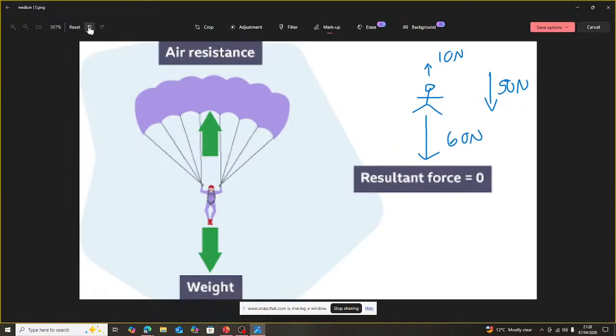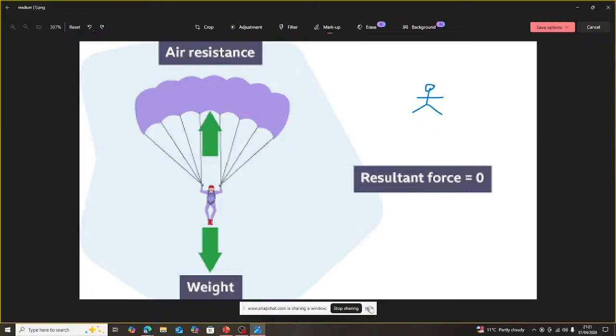Look at this. Okay, so there's 3 newtons of air resistance, and he is 30 newtons of weight. So, how much newtons down is he? 27. He goes down, and he's not at terminal velocity. He accelerates because he's going down. He's accelerating. He's going down at a fast rate, isn't he? Yes. The forces are unbalanced. They're not balanced, are they? No, so there is a resultant force downwards.